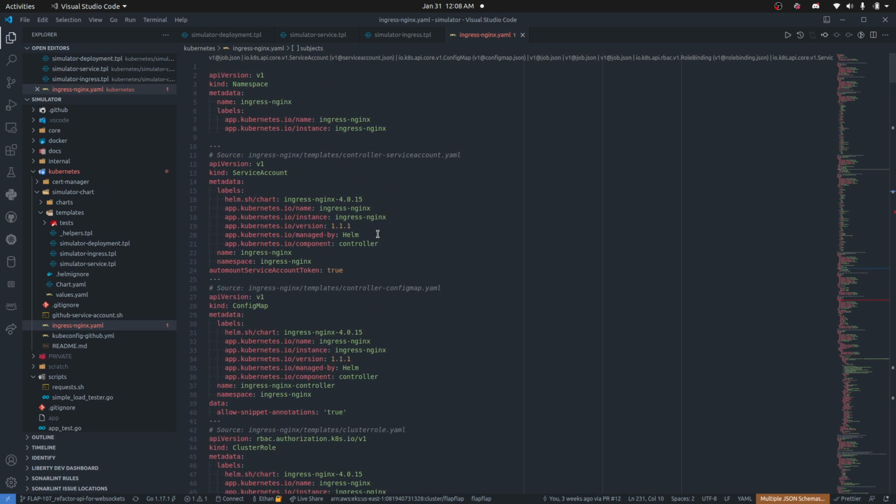Really, there's another component that's sitting in front of the ingress, and that's the load balancer. So on Amazon, when you make a request to api.flapflap.io, you won't hit our ingress controller. What you'll hit is a network load balancer inside our VPC on Amazon. The network load balancer has been configured such that it routes traffic to the nodes that are running the ingress